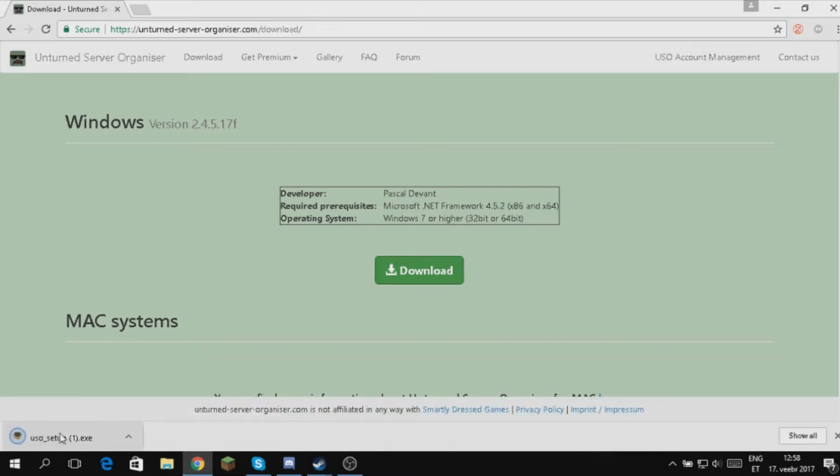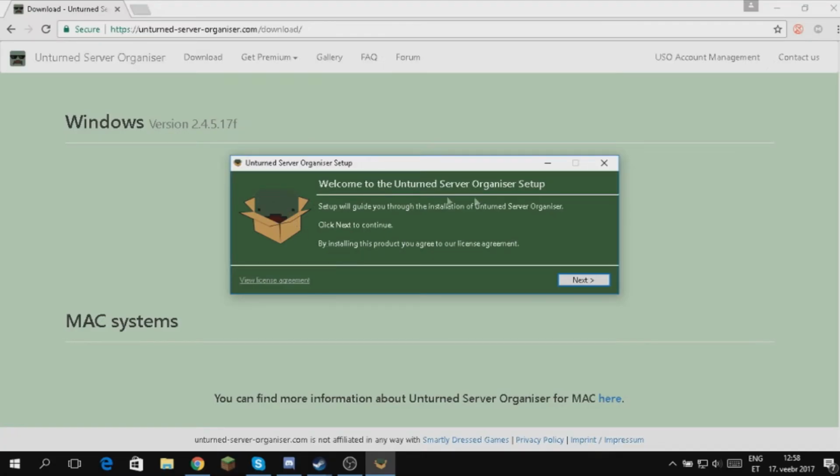Then it will give you Unturned setup, USO, but you're gonna click it. It's gonna ask you, do you want to allow this app to make changes to your device? You're gonna click yes. It's gonna show you welcome to the Unturned Server Organizer setup.